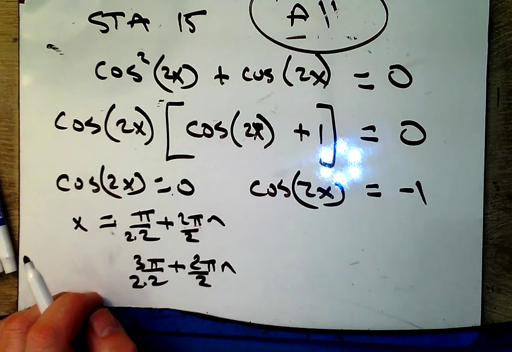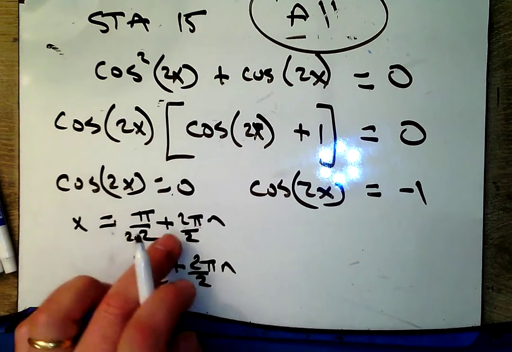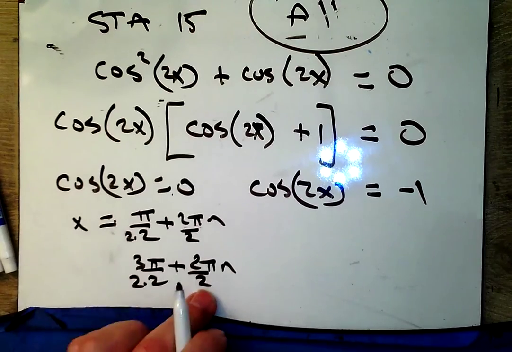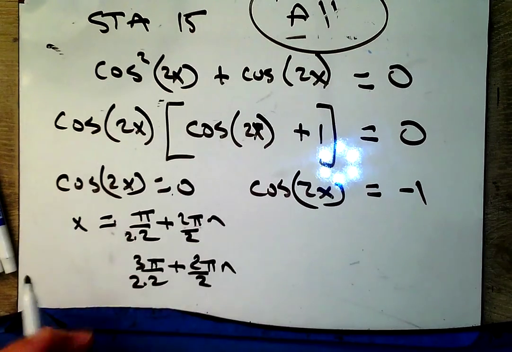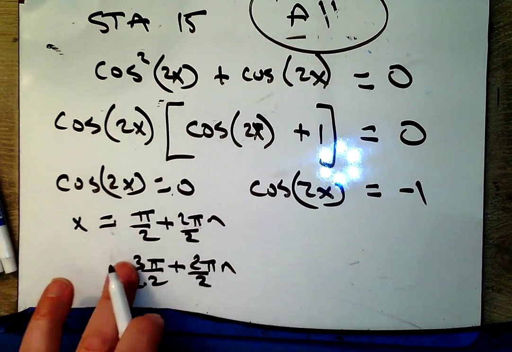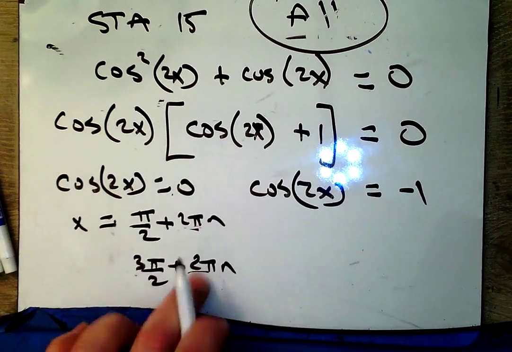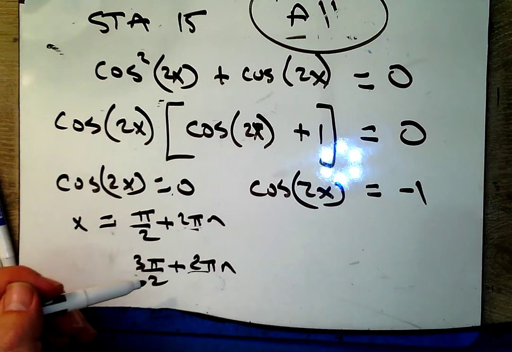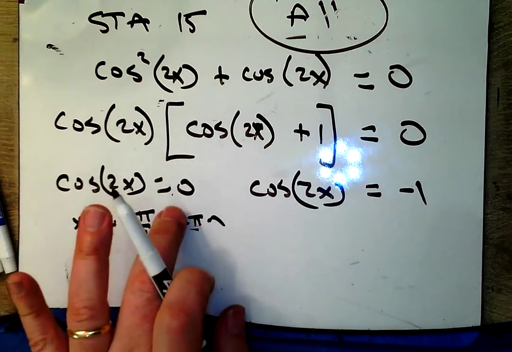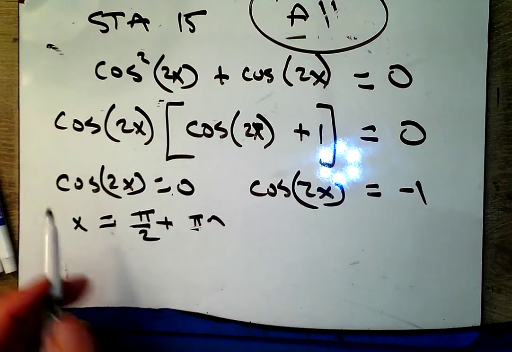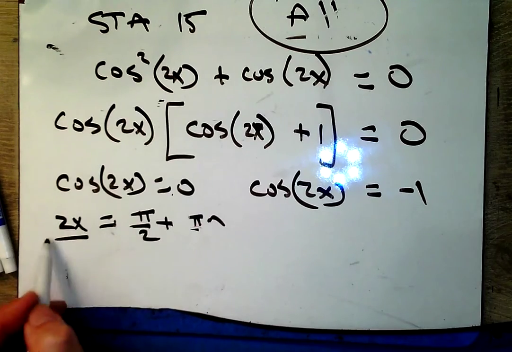Yeah, it's just repetitive. Pi over 4 plus pi n, 3 pi over 4 plus pi n. But hold on a second. Let's think about this. Didn't we say that these answers were pi apart from each other? So I didn't need to write both of them, just one of them with a pi? Yeah. And so now when I divide by 2,